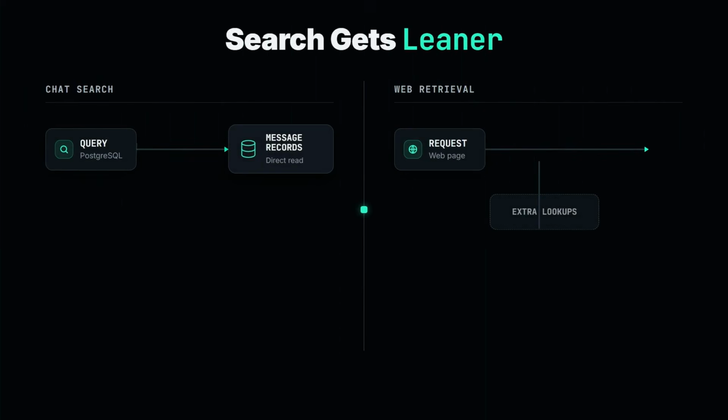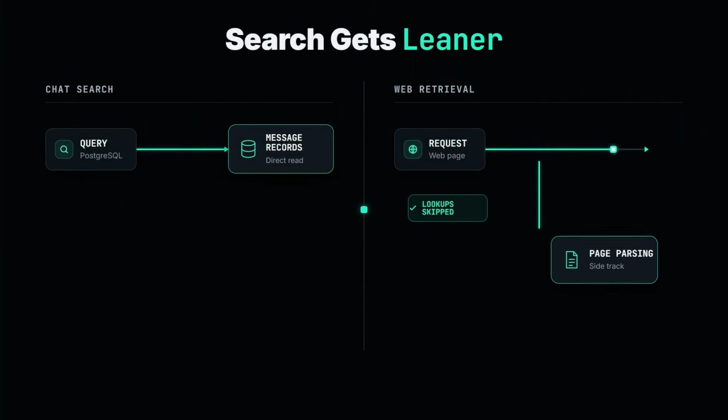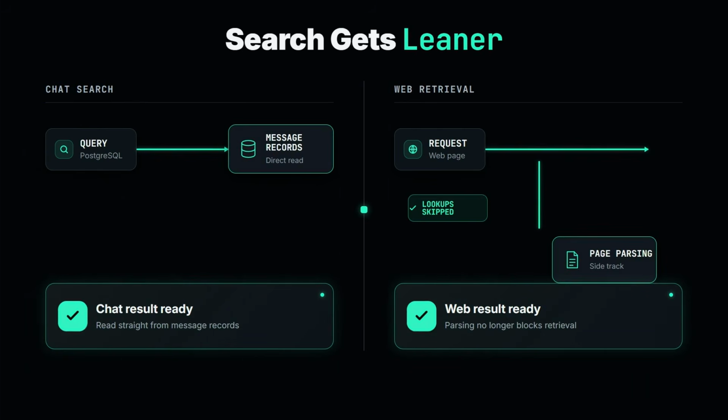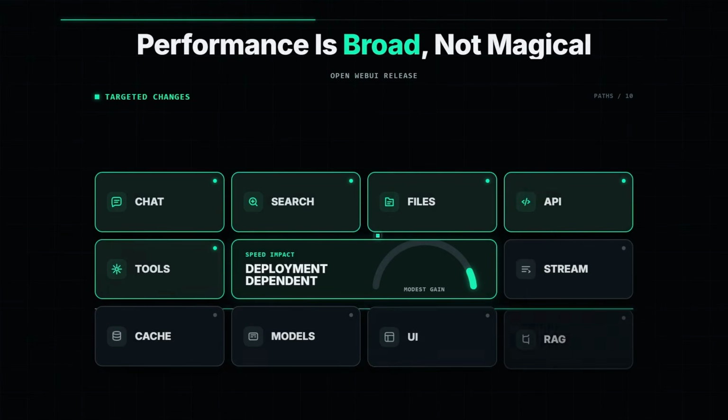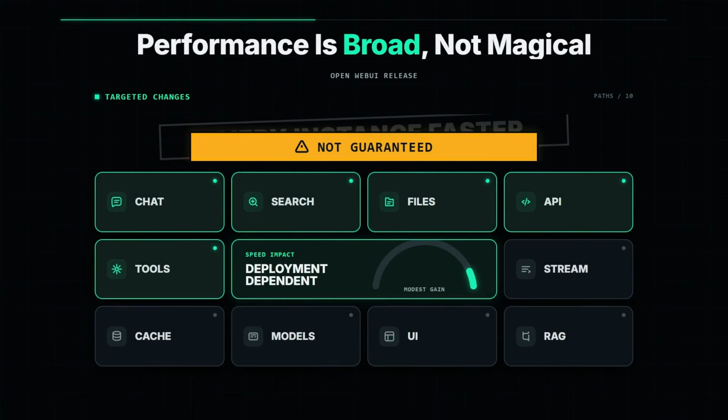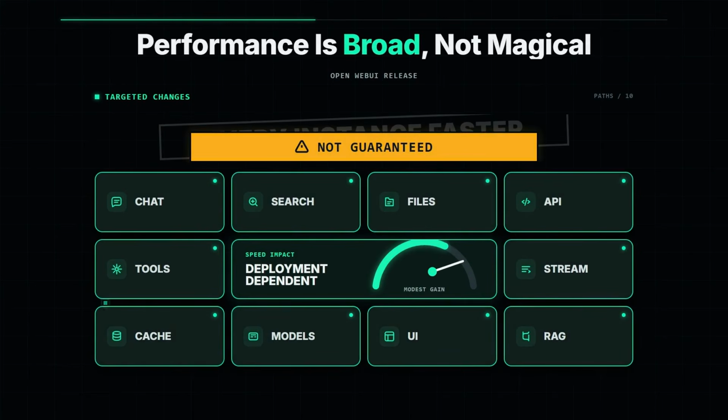PostgreSQL chat search reads from message records, while web retrieval avoids unnecessary address lookups and moves page parsing away from blocking work. These optimizations span many paths, but the release provides targeted implementation changes, not a universal speed guarantee for